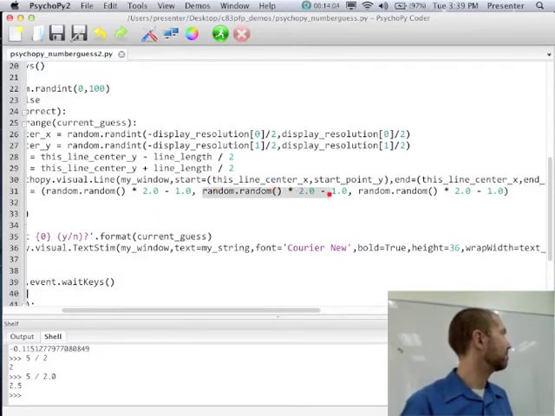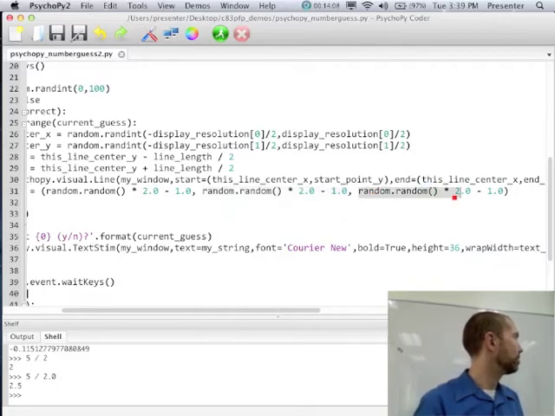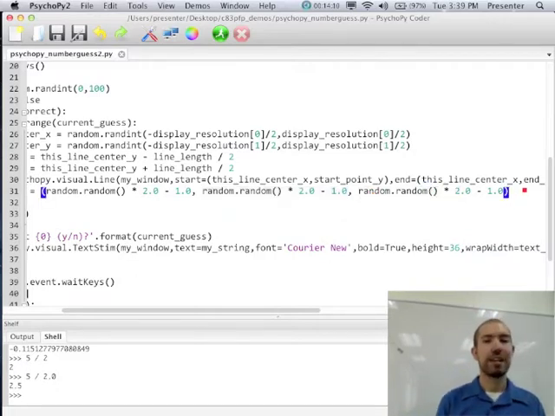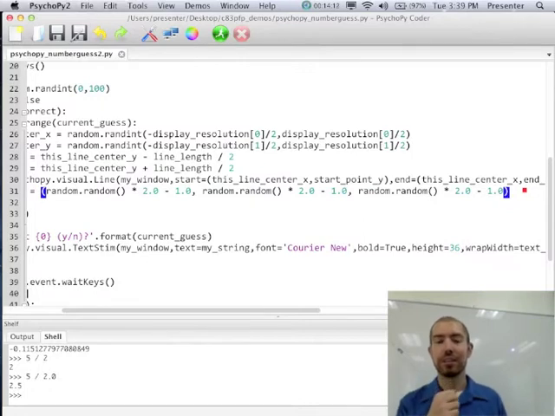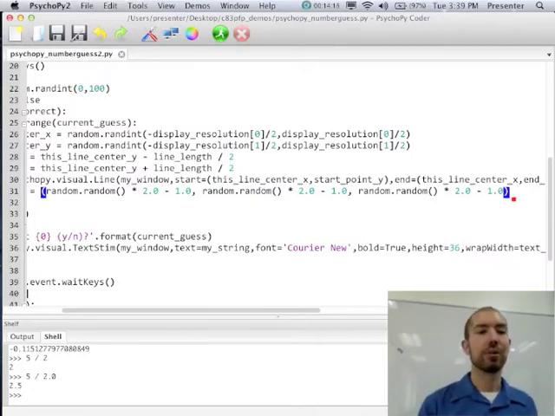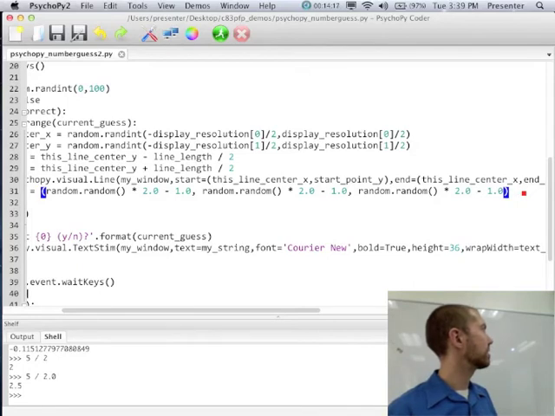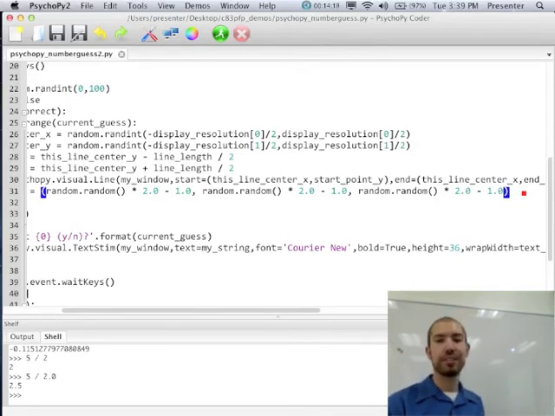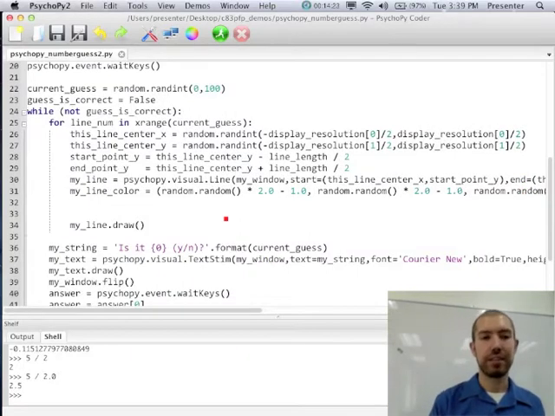That random.random times 2 minus 1, so we'll have 3 of those to generate a red, green, and blue. And if you remember, I said that we're going to enclose these in parentheses for reasons that I have not told you yet. So remember to close it with parentheses.